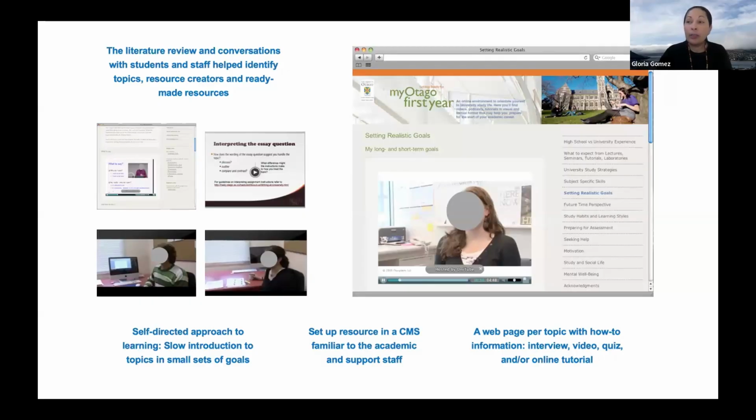Informal conversations during the human-centered design study of my Otago first year helped identify students, academics, and support staff who had experience and expertise in this area. From that data, I extracted information on common capabilities and identified familiar technologies and instructional approaches that could broaden participation. A decision was made to implement website and online resources with technologies that student advisors and support staff were proficient in using, so they could carry out website and resource updates without external expert support.